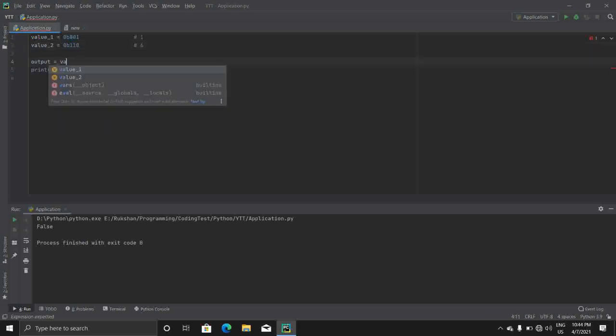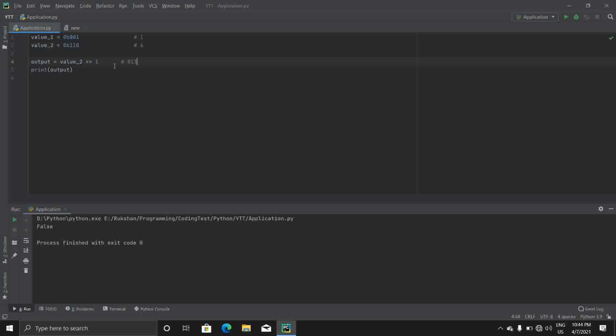To do that, I use the value 2 variable and shift it once. This takes the value of the value 2 variable as a binary number and shifts all the true bits once. Then this is equal to this number, 0 1